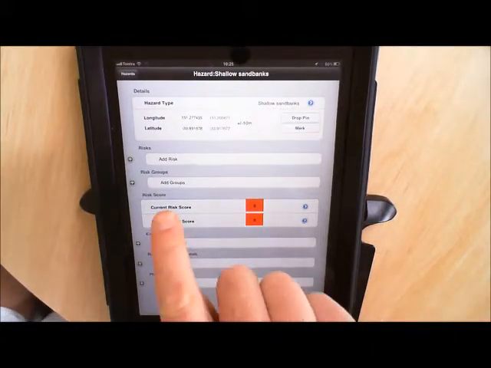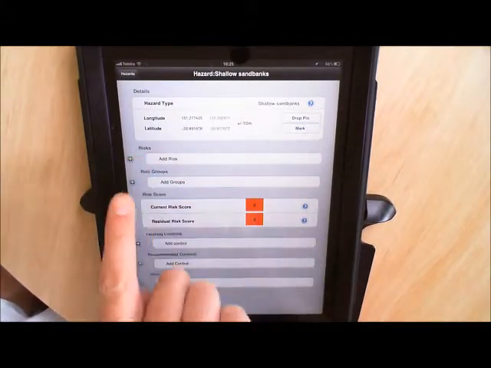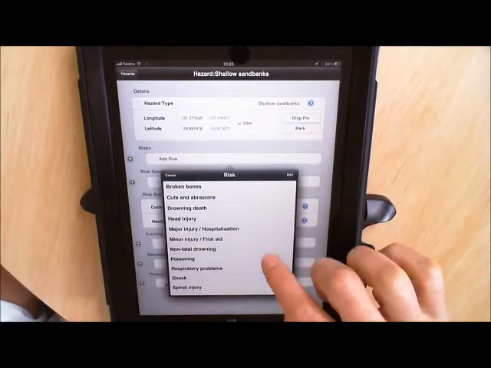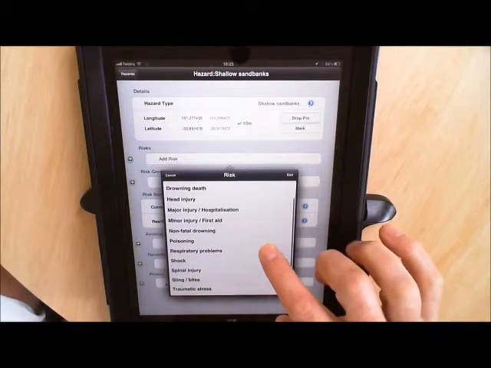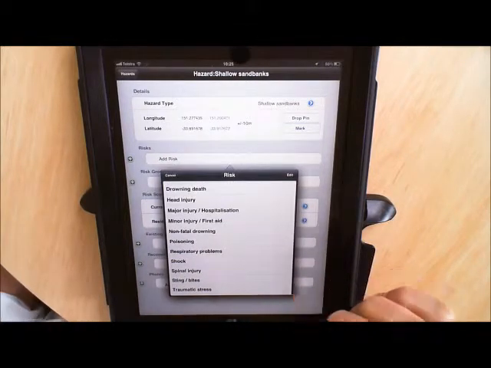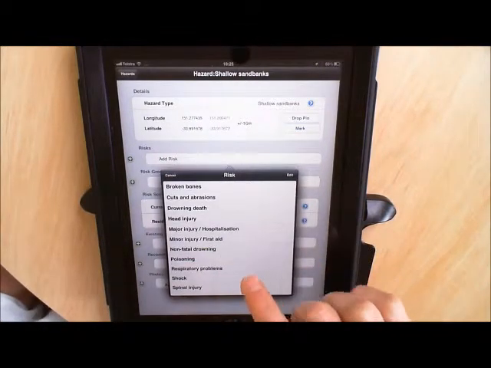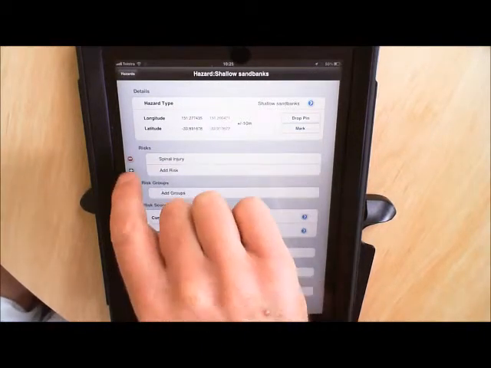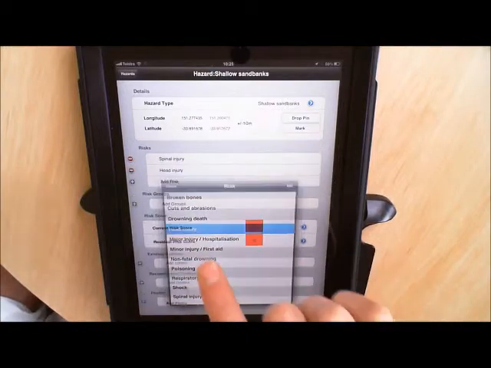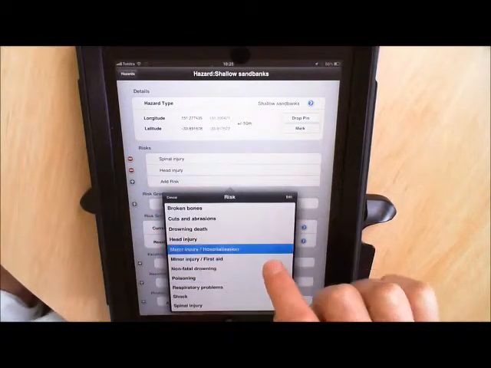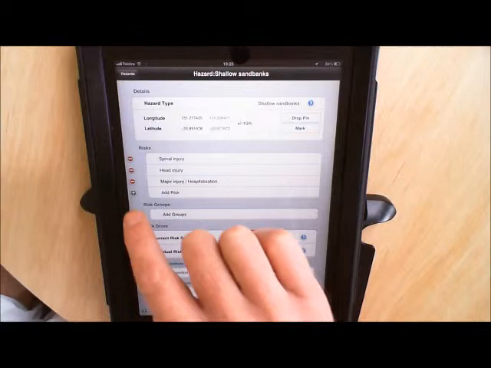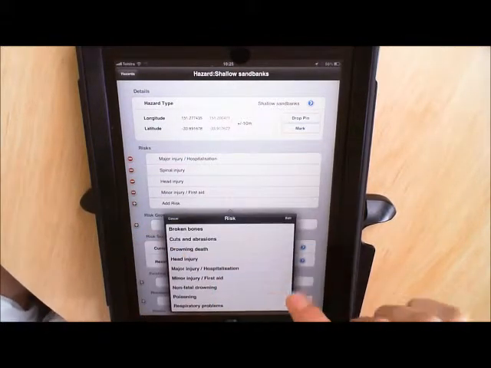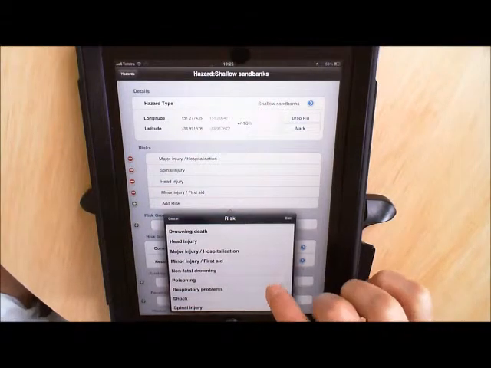So the next thing we do is add risks. We do that by hitting the plus button next to where it says add risk, and that'll bring up a list of predefined risks that we've identified. You can select as many of those as you want, so I might select spinal injury, head injury, major hospitalisation, minor injury first aid, but I might also identify one that's not in that list, and the way we add that in